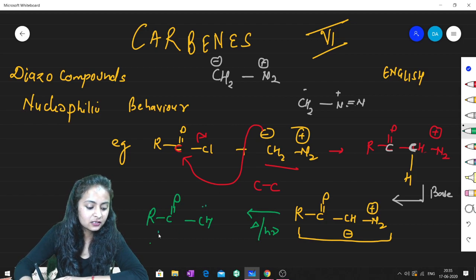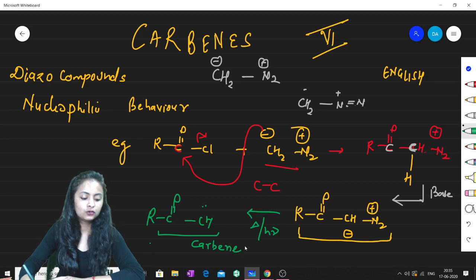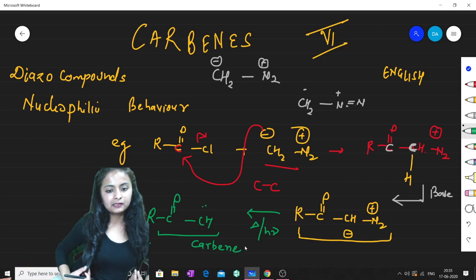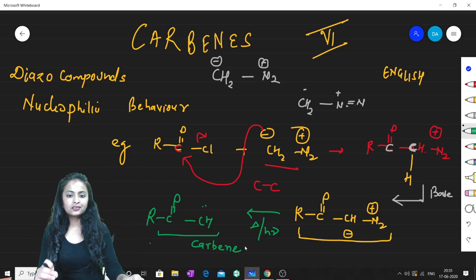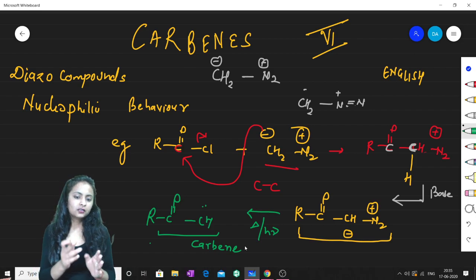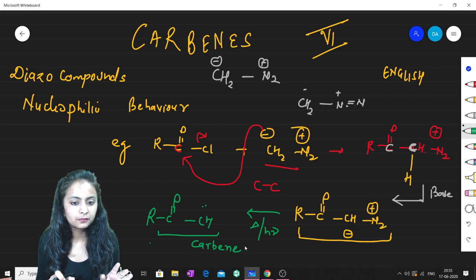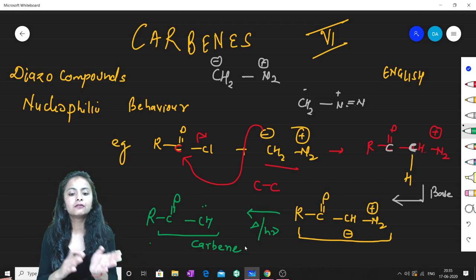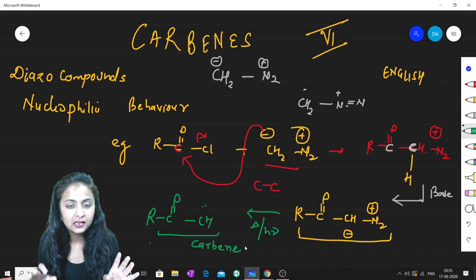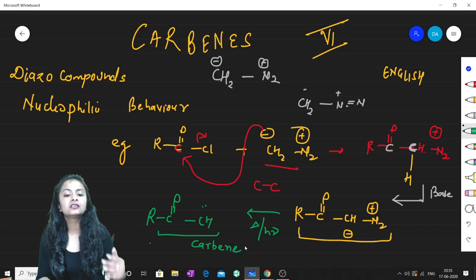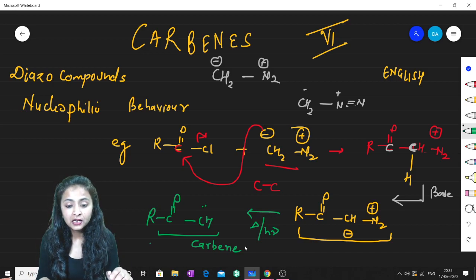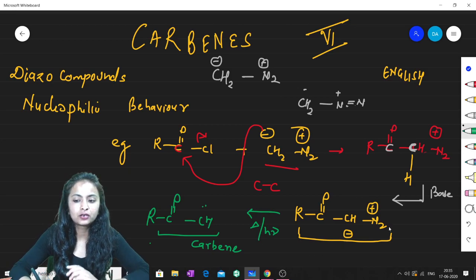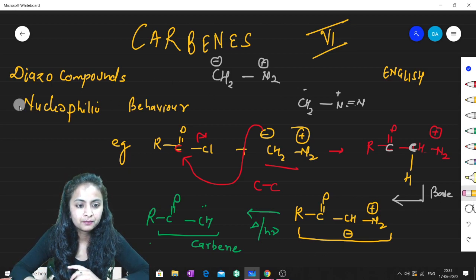And what is this? This is carbene. So this is one method which you can use to prepare carbene. Am I clear? So just note this, that whensoever any of this type of ketones are present, and if it is treated with DAM, diazomethane, there is a strong possibility, if heat or light is mentioned, that there will be the formation of a carbene. And these questions are very, very important for the competitive exams, right?